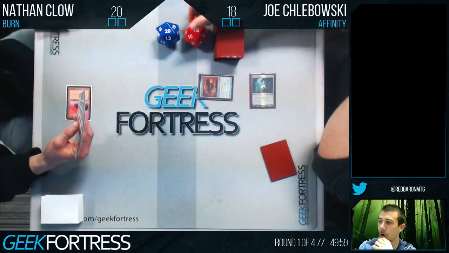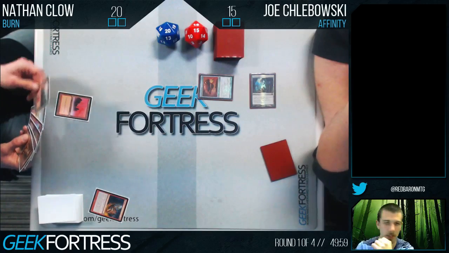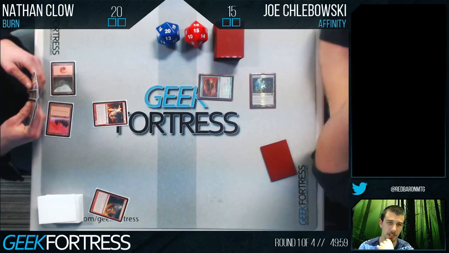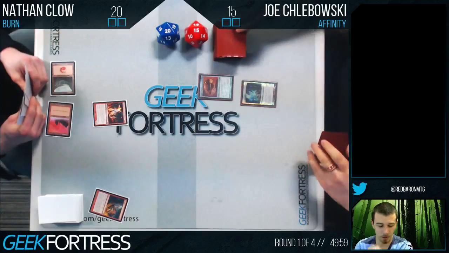Cast 3, Joe already down to 15 after his first turn because of that Ancient Tomb. He does have a Cranial Plating. If a Vault Skirge were to come into the battlefield, that is going to be a huge haymaker in this matchup. Nathan dropping an Eidolon of the Great Revel,